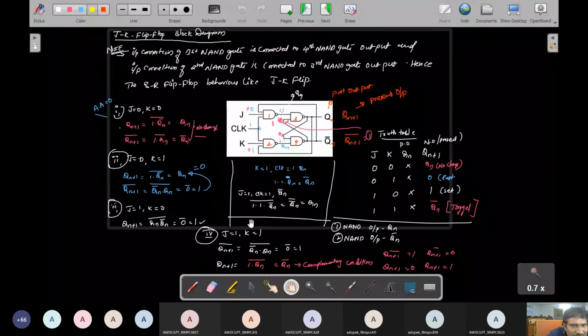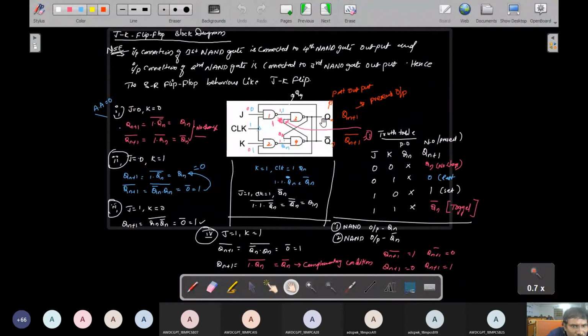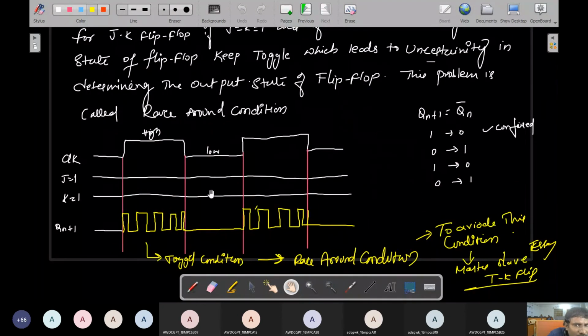Why? Because in the fourth case, first of all, you identify the toggling condition. After this, the toggling condition is transferred to the input of the third NAND gate. Then you get the Qn value. But that Qn value gives Qn bar, the complementary situation. For this purpose, if Qn+1 is given as 1, then Qn+1 bar is selected as 0. So that means it continuously shows up and down values, and does not settle on any one value. So this condition is called the toggling condition, and we eliminate the toggling condition by using the master slave flip flop.